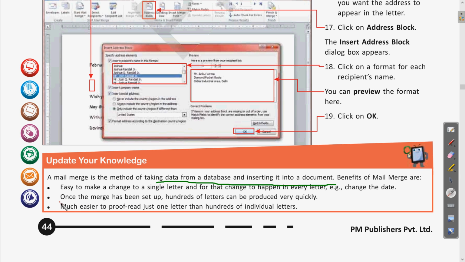So rather than writing the invitation to different persons, if you have written 100 invitations, in that case you will require to check 100 documents at a time. But as you are using this mail merge, we are only writing a single invitation and we are sending it to various persons, so it will save our time as well. Clear? So these are all the benefits of the mail merge feature.